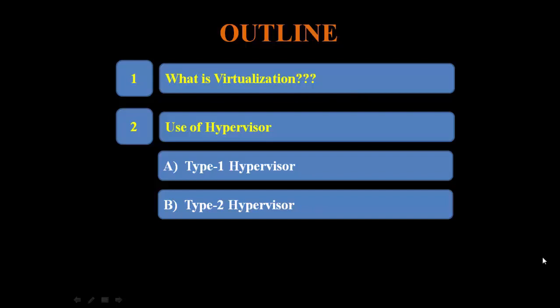Virtualization is a very easy concept, but many times I found that many students are not able to understand it. So I made this video very easy so that everybody can easily understand the concept of virtualization. So let us discuss what is virtualization. Before understanding virtualization, let us first discuss our simple computer or server. When we think about the server, as per the architecture of the server, we have different layers. The first layer of any server or computer is hardware.